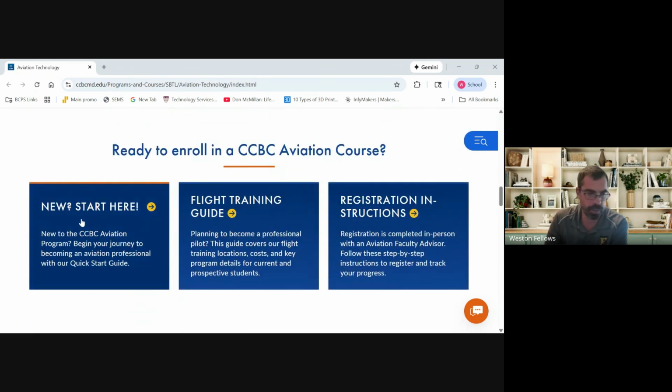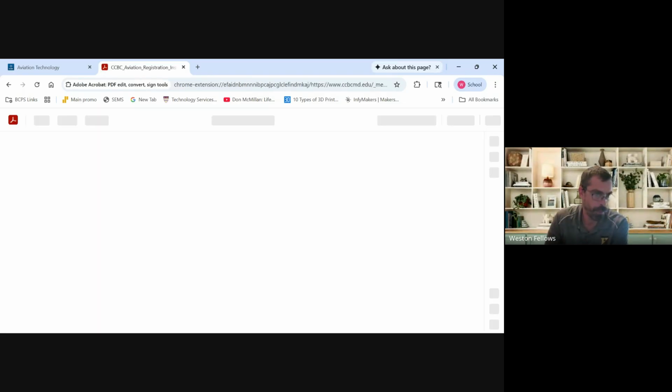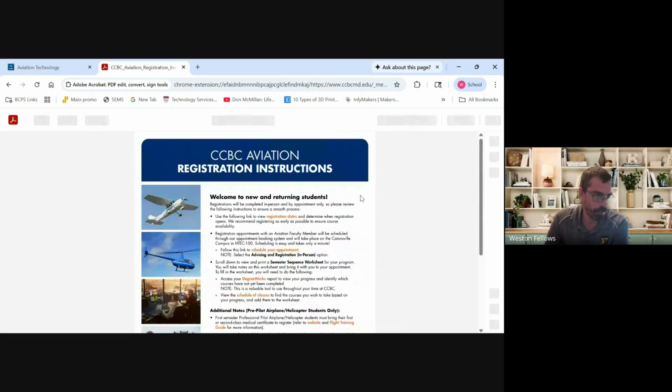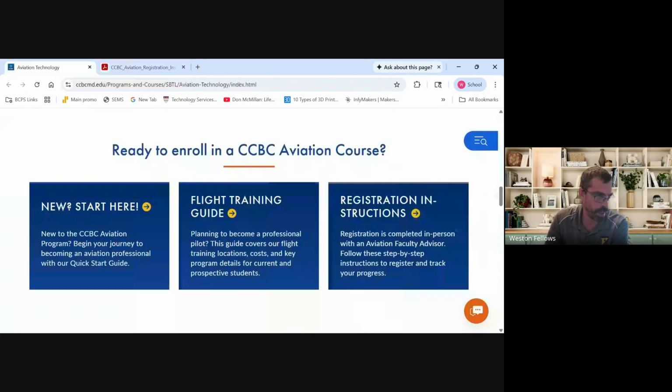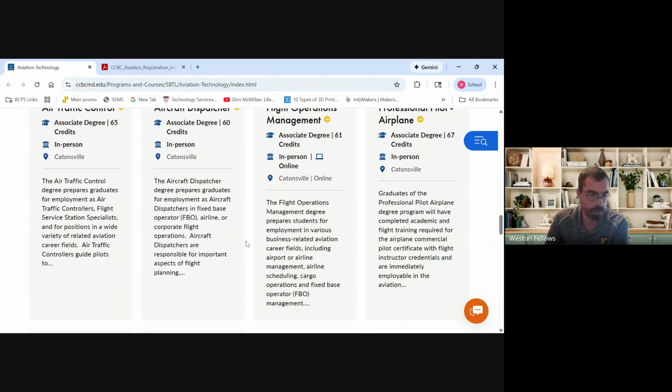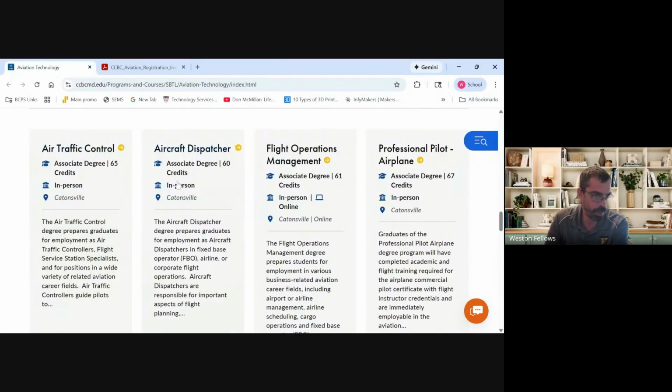If you're new, you're just going to click through. Here's the flight training guide, registration instructions for how to go through and register. They also have these different degree areas. So air traffic controller, I'm sure that's right on the top of everybody's list. To get paid half the time as you work one of the most stressful jobs. Aircraft dispatch section, flight operations management,